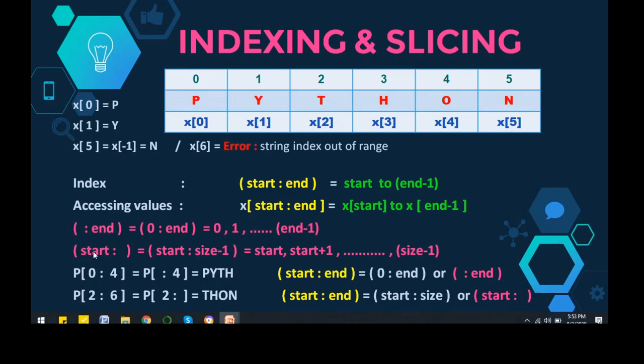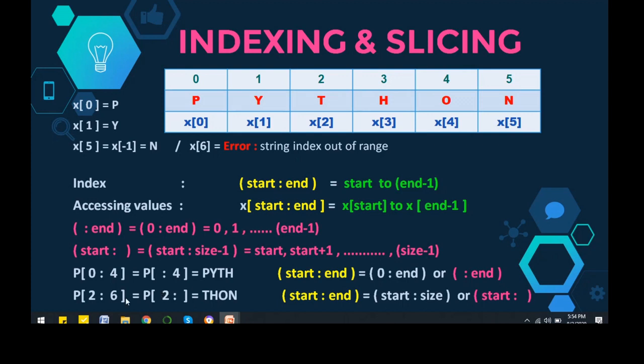Now coming to the other part. If I have written it like this, that a starting index is given, but the end is not given, it is similar: the start is given and it will reach till the end. If your end limit is not given, it means that it will reach till the end. And what will be your end? The end is location 5, which comes from the total size of the string. The length of the string is 6, so 6 minus 1, that is size minus 1, which is 5.